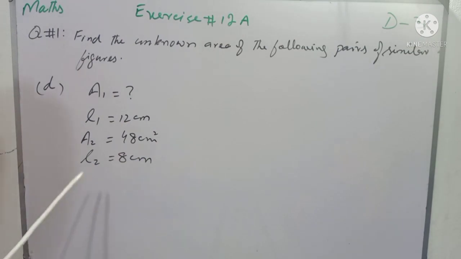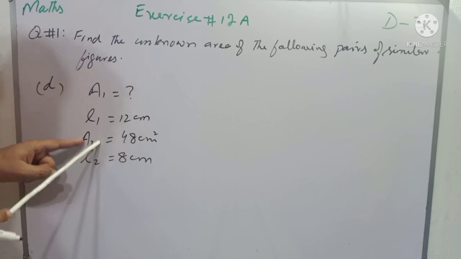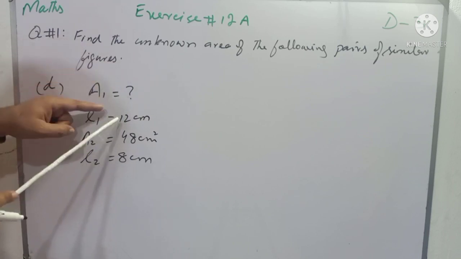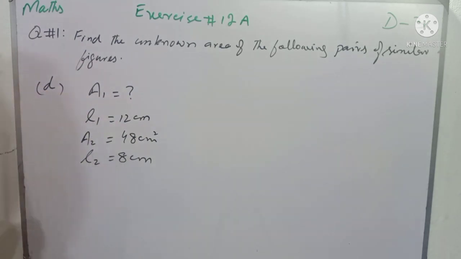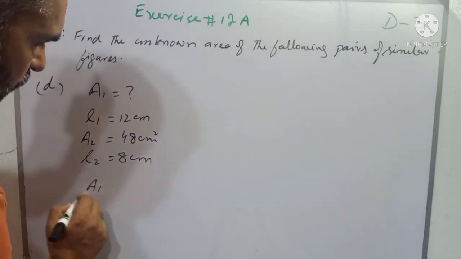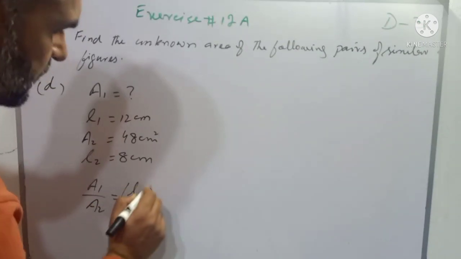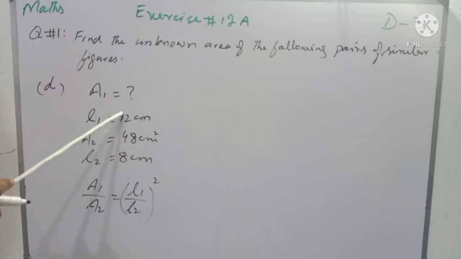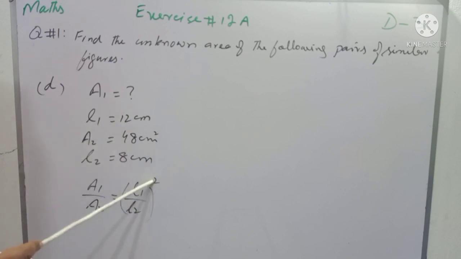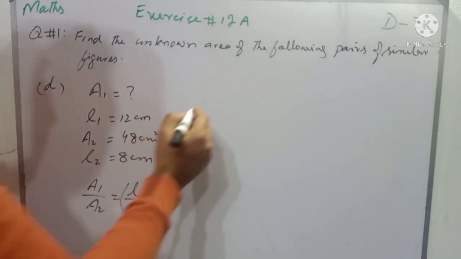Now students, same formula will be applied again कि एरिया की जो रेशियो है, दोनों सिमिलर फिगर के जो एरियाज की रेशियो है वो उन्हीं के सिमिलर फिगर की कॉरस्पॉन्डिंग साइड्स के रेशियो के स्क्वायर के इक्वल होगा। तो यह आएगा बच्चों A1 ओवर A2 दैट इज इक्वल टू लेंथ 1 ओवर लेंथ 2 होल स्क्वायर। इस फार्मूला को बच्चों आपने माइंड में रखना है कि जो एरिया की रेशियो है दोनों सिमिलर फिगर की वो इक्वल होगी दोनों फिगर की कॉरस्पॉन्डिंग साइड्स के रेशियो के स्क्वायर के।